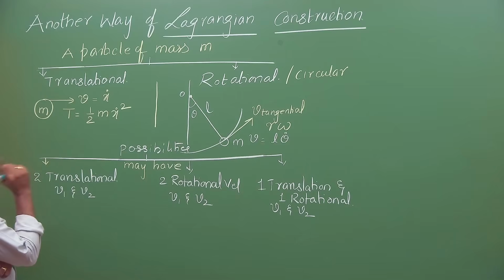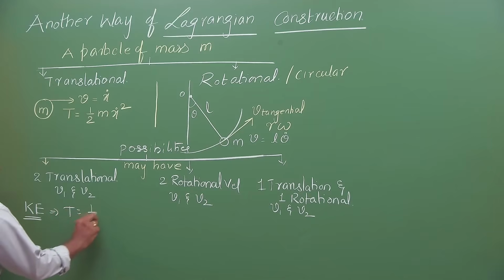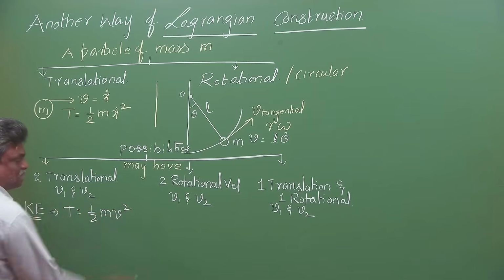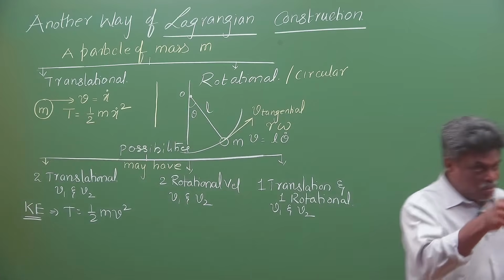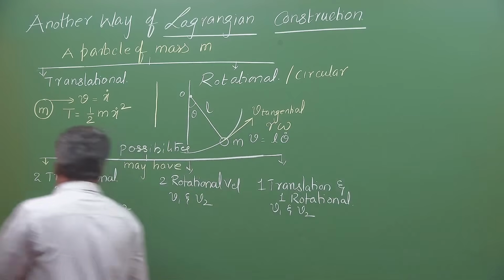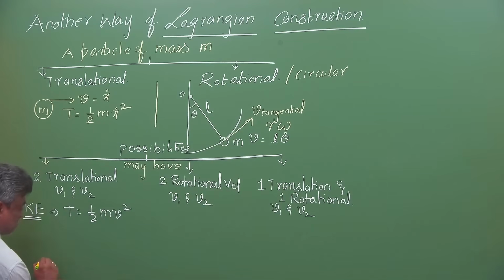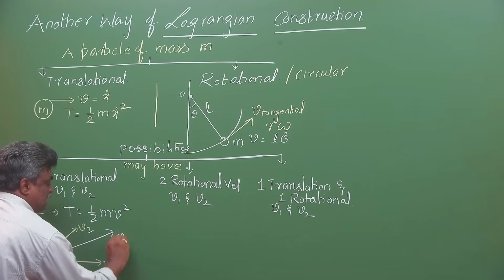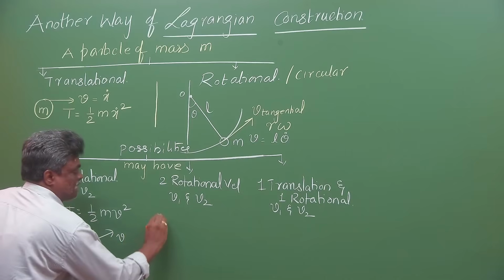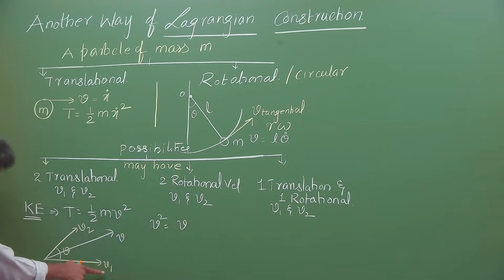But I want one thing: kinetic energy. Everybody knows the kinetic energy of the body, T equal to half m v square. But your particle is having many velocities. Then how to get the resultant velocity? I hope everybody knows from intermediate. This is V1, this is V2, and the angle between them is theta, and this is the resultant. Can you tell me what is the resultant? V square equal to